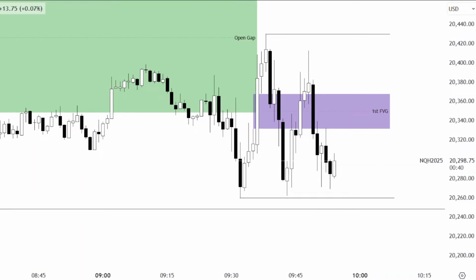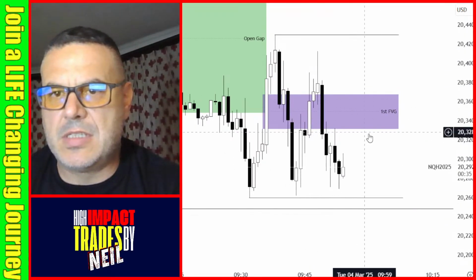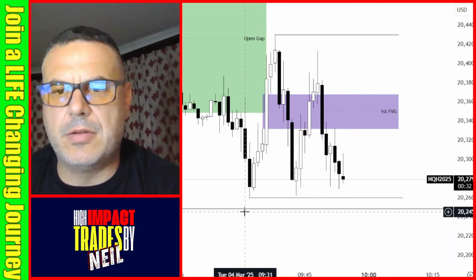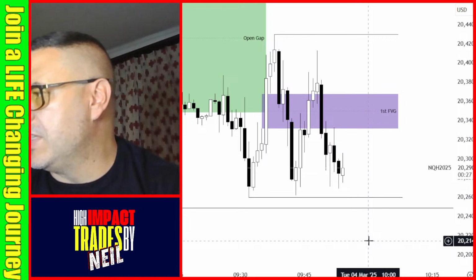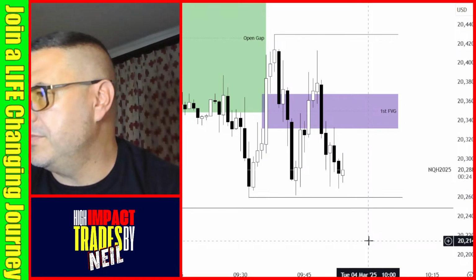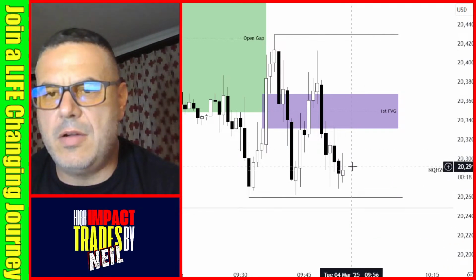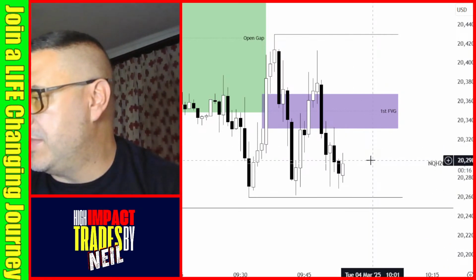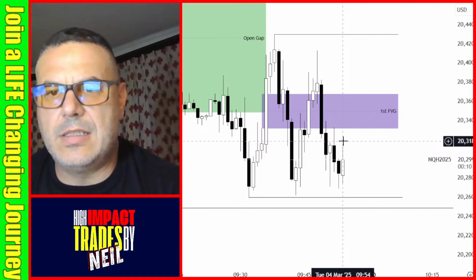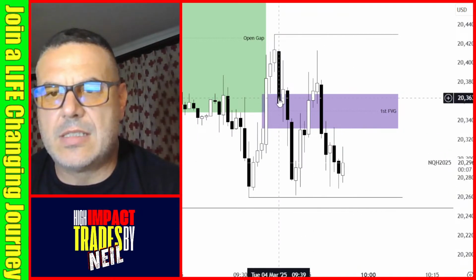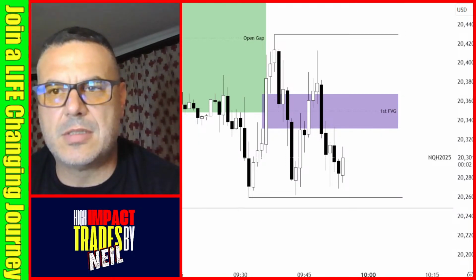Alright, so at this point in time, we're just moving sideways here. We're not making higher highs or lower lows. Maybe this candle here can give us some sort of direction. I do think we're going to move lower, but I just don't know if I want to get in here. Also I'm staying away from this fair value gap now because price has been inverting this too many times.